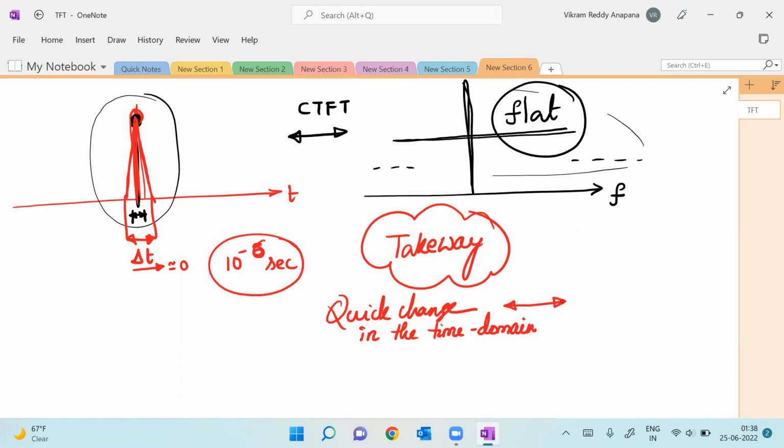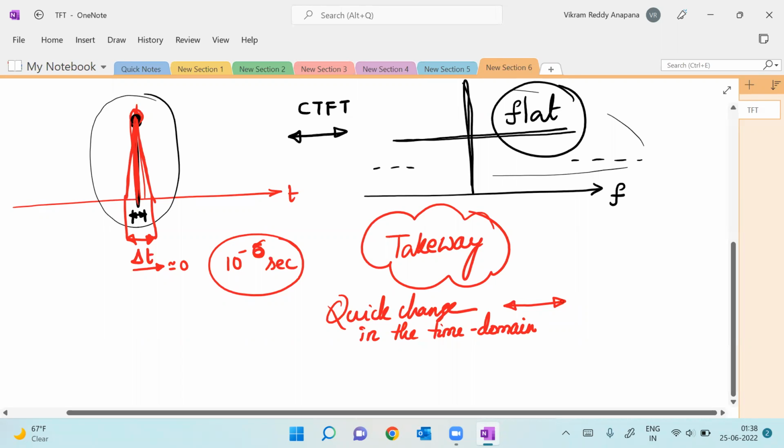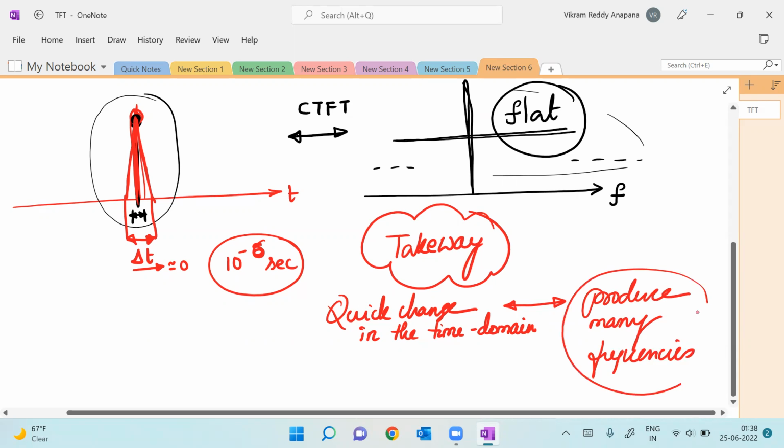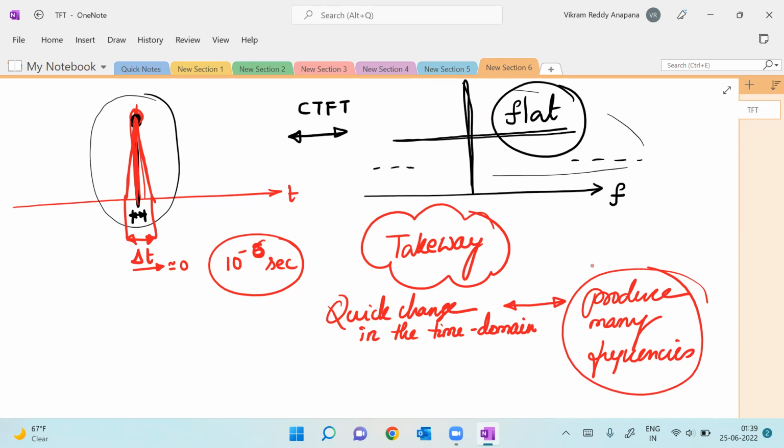So a quick change in the time domain will produce many frequencies in the spectrum. When I say spectrum, I have a range of frequencies. Certain frequencies will have high energy content,